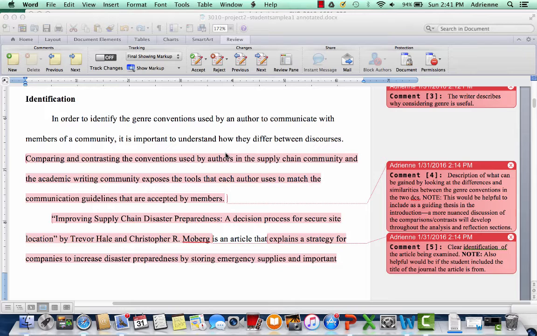And that is a sentence that will help us figure out as readers what is going to happen as I read through this text. And then a more developed analysis of that, potentially even an analytical argument, will emerge through the analysis and reflection sections.